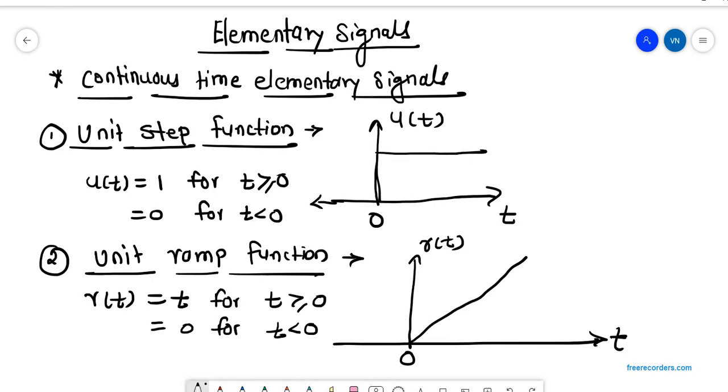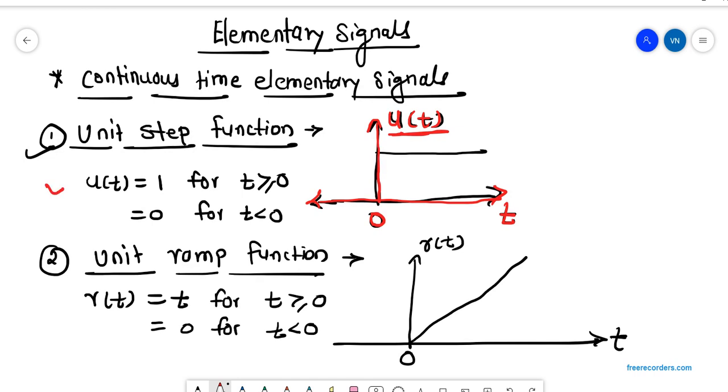So in that I have written the first type, that is nothing but unit step elementary signal. Yeah, unit step function basically. So basically this is a unit step function. This is a signal for unit step, that this is a 0, there is a time, and that unit step function is defined by the function that is nothing but u of t. Unit step function is nothing but u of t. So this is the symbol for the unit step function.